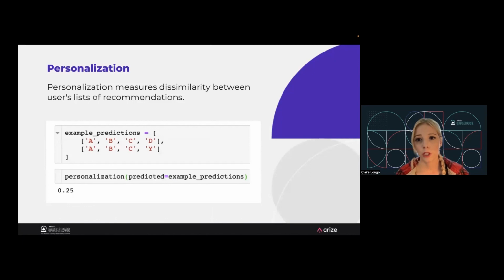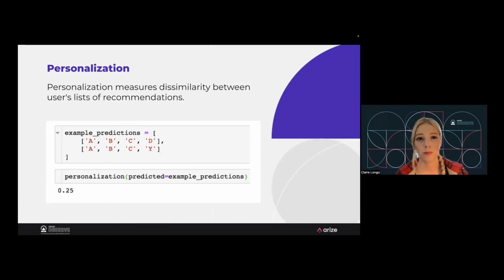This one is really useful as a unit test in your CI/CD pipeline, because you can make 2 test users that have very distinct preferences. There's no intersection in the Venn diagram of their preferences. Maybe one person loves action movies, one loves romance. Theoretically, your recommendations to these very different users should be very dissimilar. So you can frame a small unit test around this with some fake users. I love to put that in the CI/CD pipeline to validate the model as you're changing it and pushing it to production.